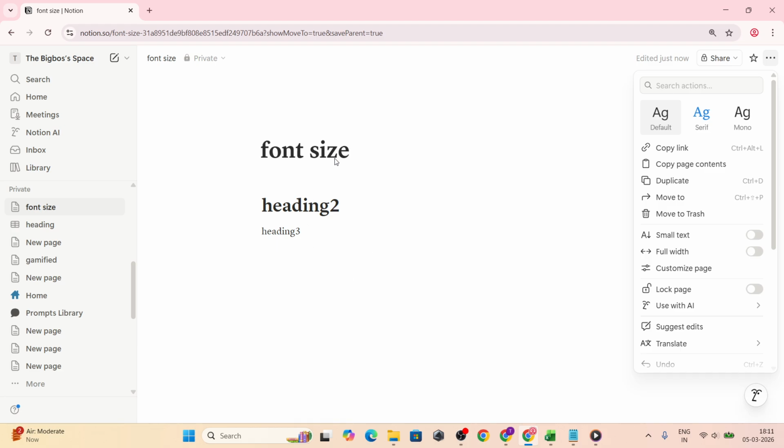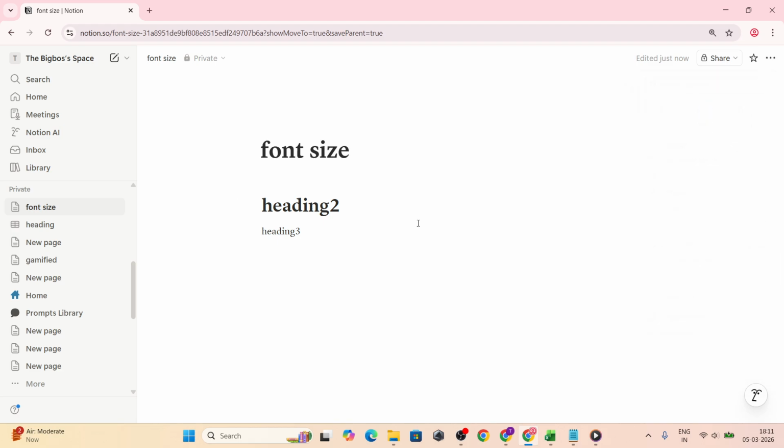To recap the flow you can use, convert key text into headings for a bigger look and clearer structure. Make sure small text is off for a comfortable reading size. Use the zoom shortcut on your device to scale the entire page and try different typefaces to see which one reads best to you. With these options, you can dial in a setup that keeps your workspace readable and easy